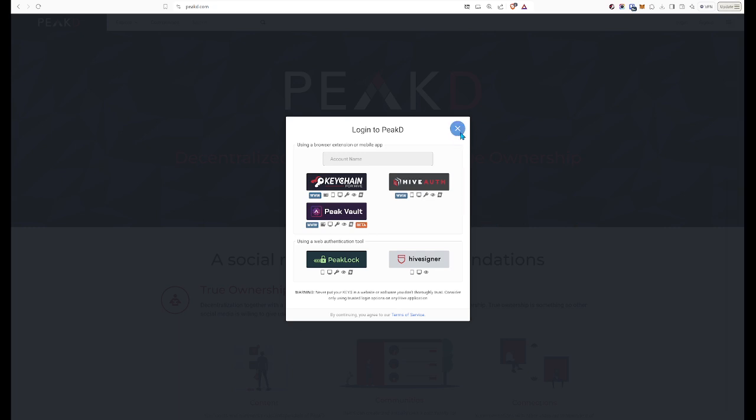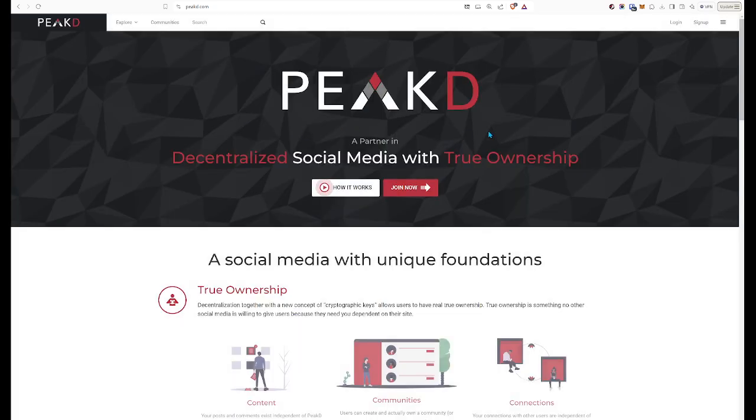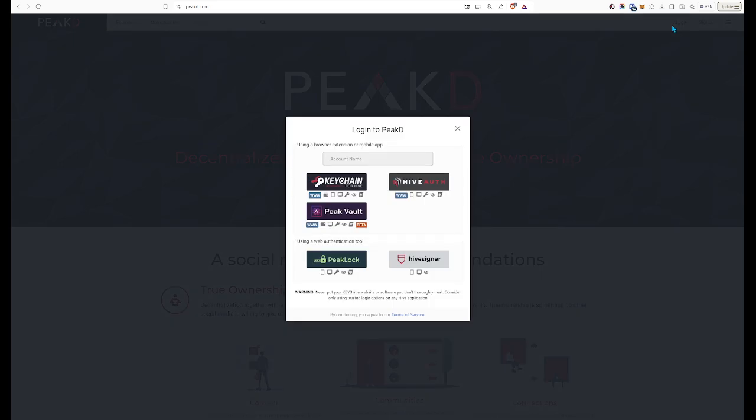Hello, we are at Peak D and we're ready to use a brand new way to interact with the Hive blockchain, to sign transactions on Peak D, to interact with Peak D, and a new extension much like Hive Keychain. However, we are now decentralizing Hive. There's two extensions that will work on Hive, and this Peak Vault we're really excited about, an open source extension